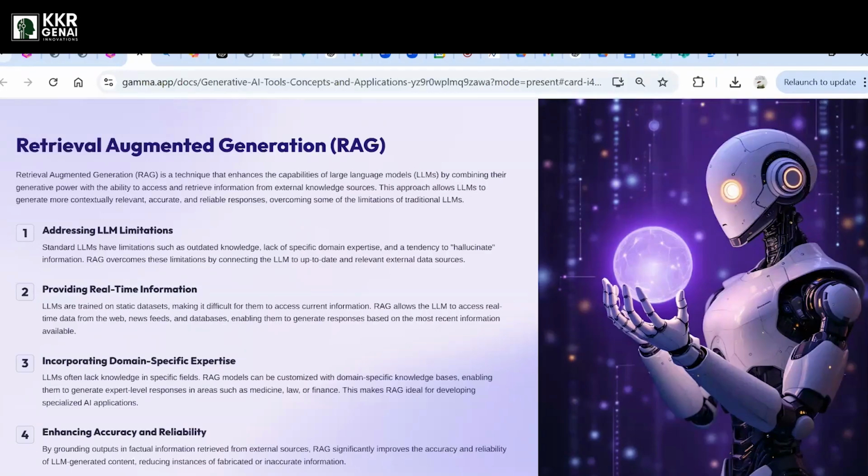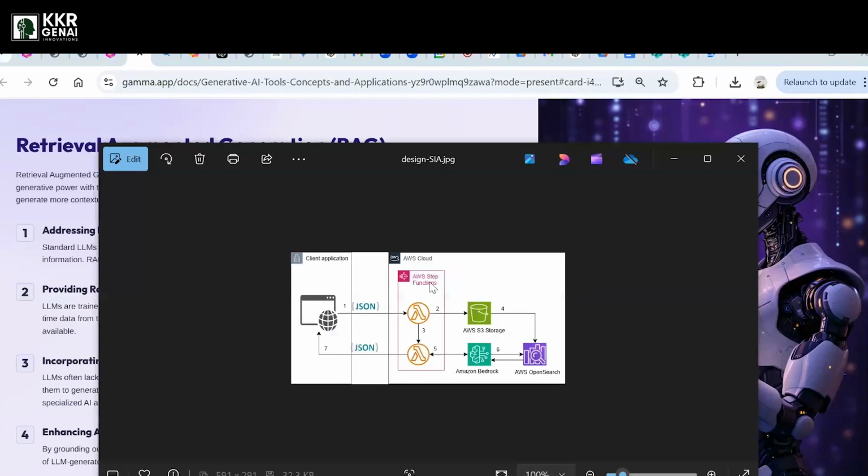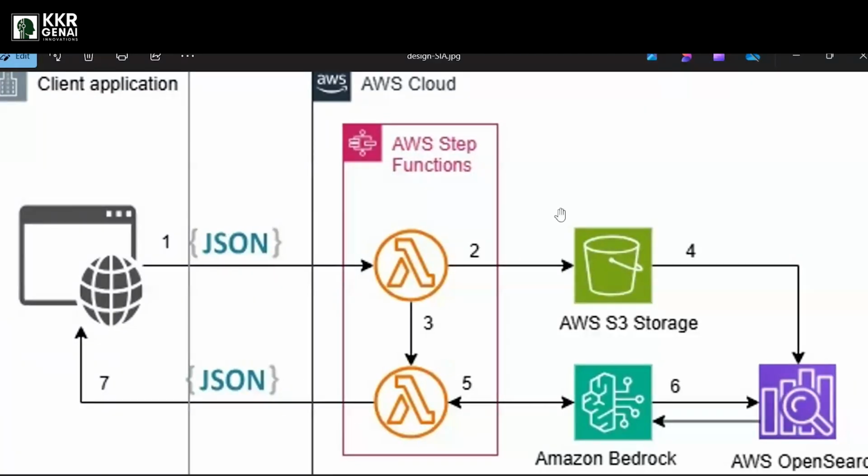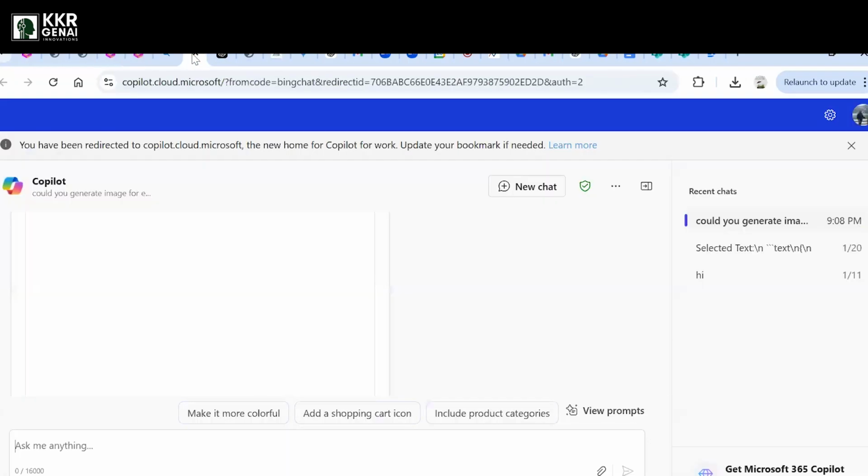create a flowchart of your application. As you see in the image here, this is when you get the input request from your client, that is, from the user, as you see in the chat when we are typing text information.